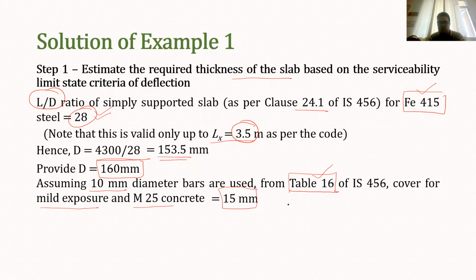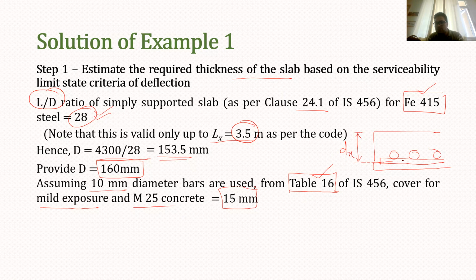Now we will find the effective depth along the shorter span and the effective depth along the longer span. For example, our slab will be something like this. And in this, if we provide this reinforcement, say this is the bottom reinforcement, and above it we will be having the top reinforcement. Generally, this bottom bar will be along the shorter span in the slab. Therefore, the effective depth for the shorter span will be this one. We will name this as dx, which means the effective depth for the shorter span.